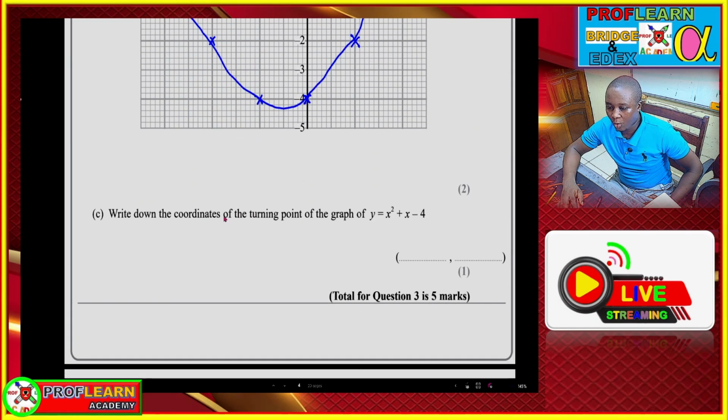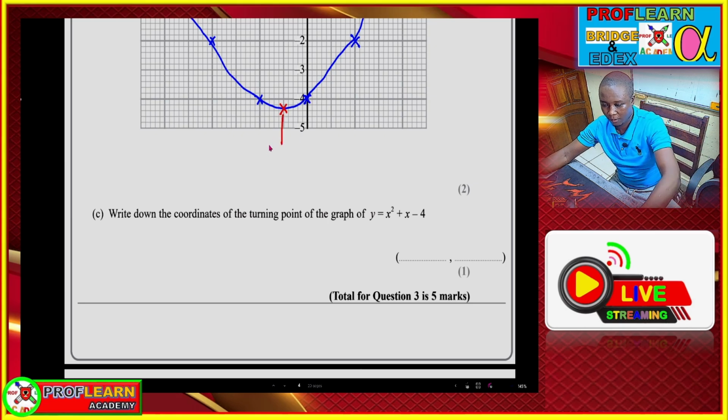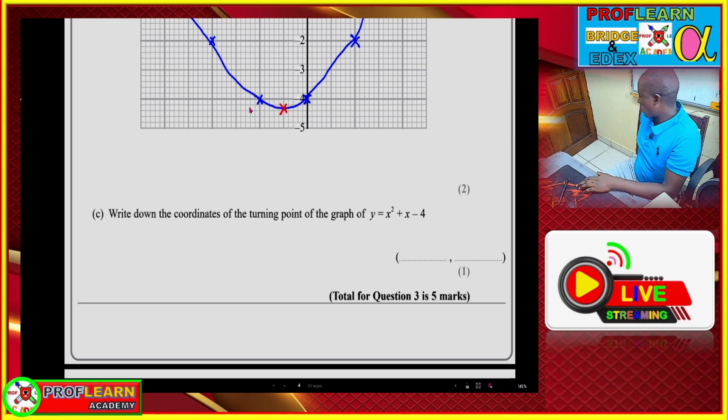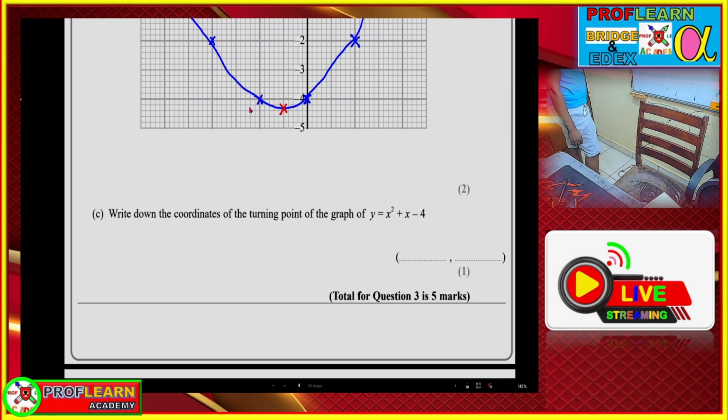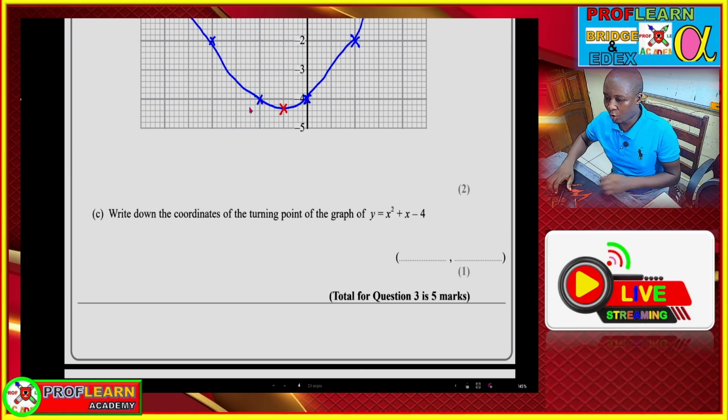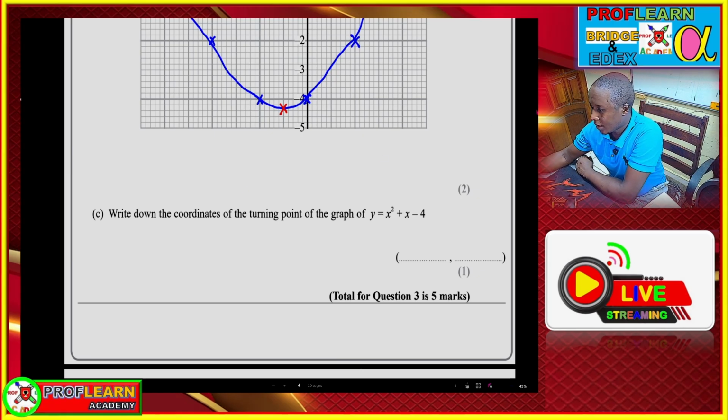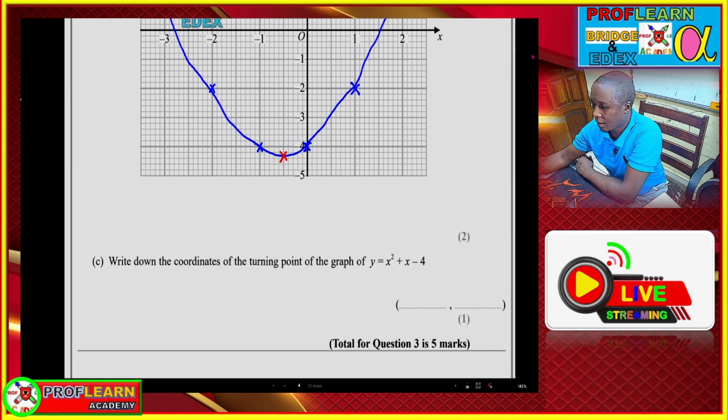Write down the coordinates of the turning point of your graph. So the turning point we are talking about is this region here, and that is what we call the turning point. Now for you to be able to determine the turning point, you must understand the scale, because if you look at the figure that we have, this point here is basically